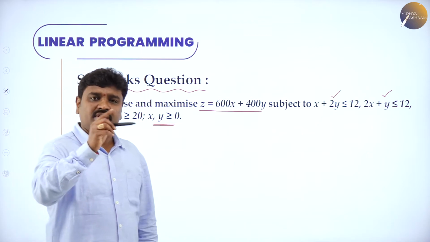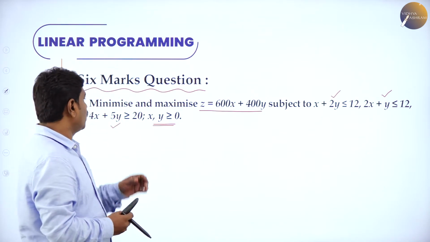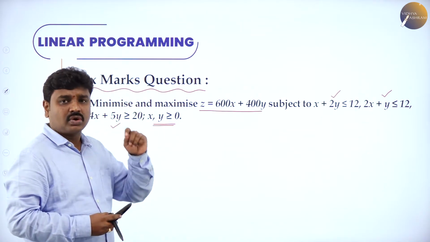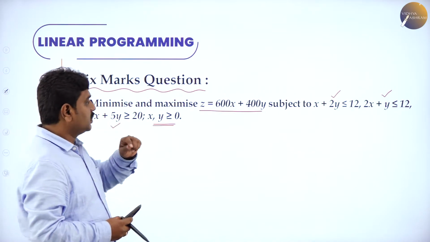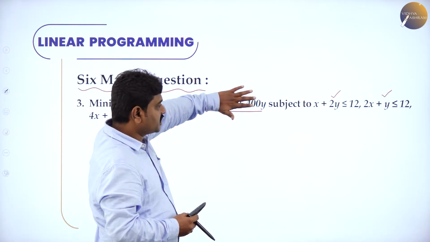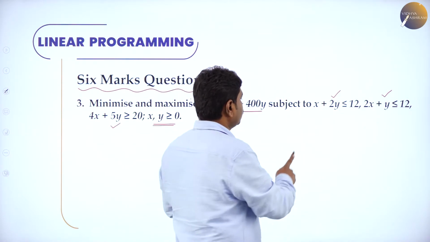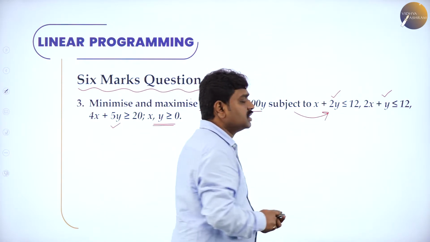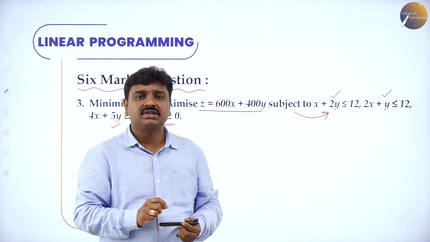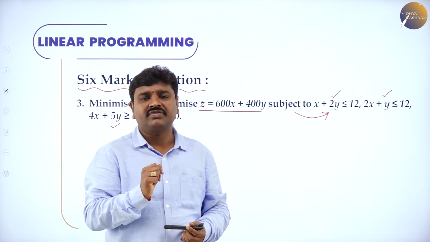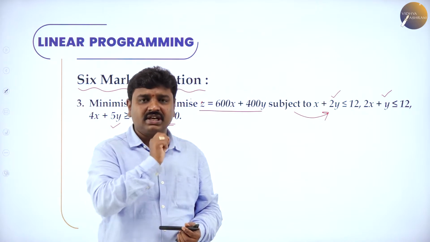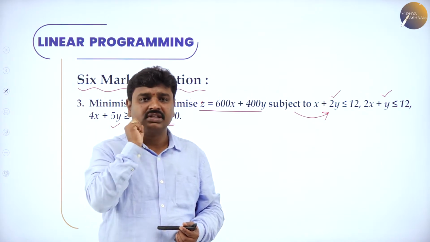I told you in my last session also, when you want to maximize or minimize, or when you want to solve an LPP graphically, keep the objective function aside and take only the constraints, subject to, whatever they give subject to, we call them constraints. So we should graph the constraints. Each line you draw on the graph sheet taking a particular scale, shade them and retain the common region.